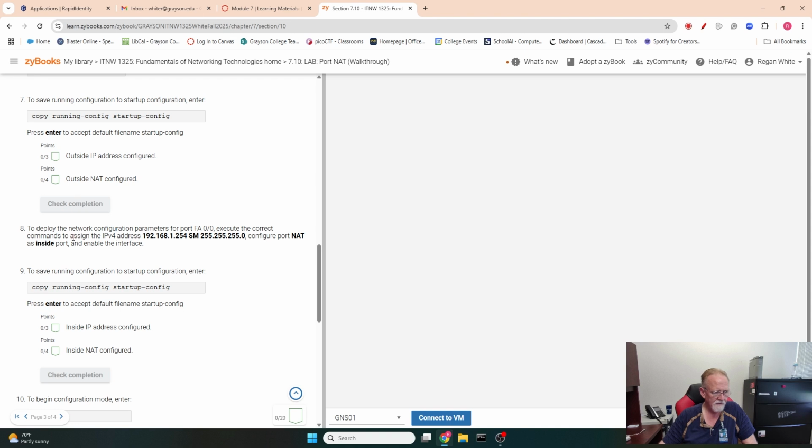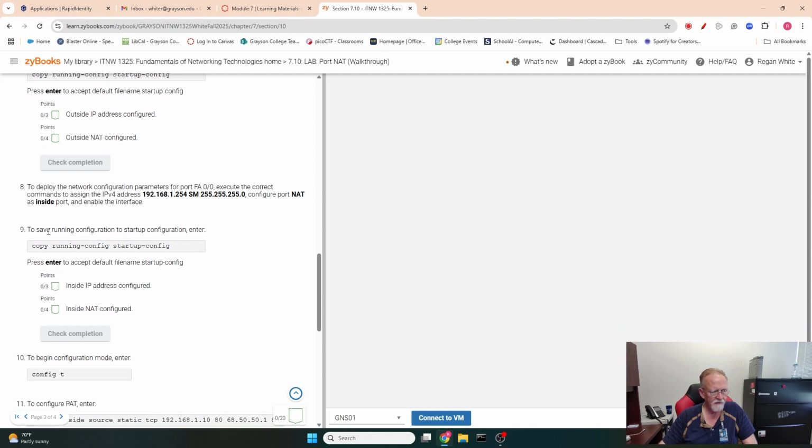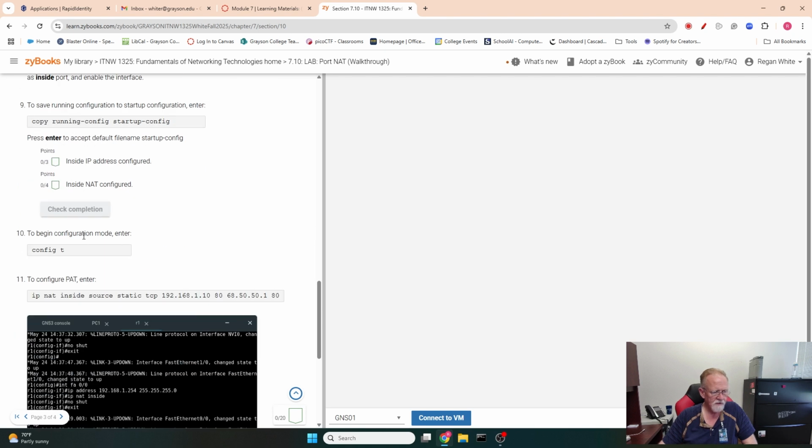Deploy that, execute the commands to assign 192.168.1.254, and the subnet mask is that. You're going to configure the port NAT as an inside port and then enable the interface. So to save the running configuration, do that. Press enter to accept the default file name startup-config, check completion, and then enter configuration mode with conf t,